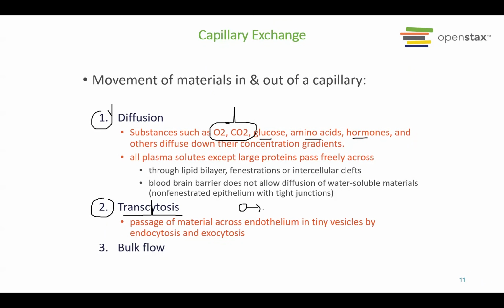It's called the vesicle. So this is a vesicle transport, transcytosis. So for example, maybe a hormone over here will be carried by this vesicle transport. And the most important, especially for nutrients, is called the bulk flow, which is the flow of material due to higher pressure. Okay, higher pressure.